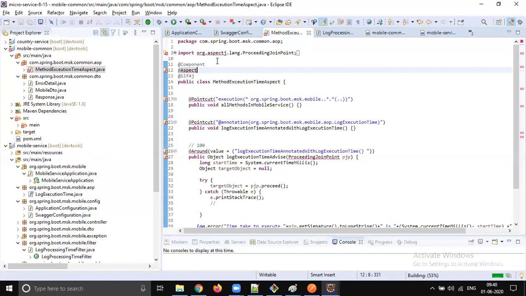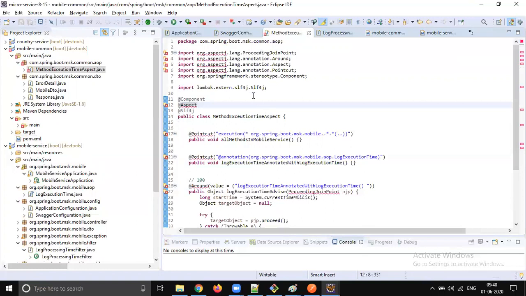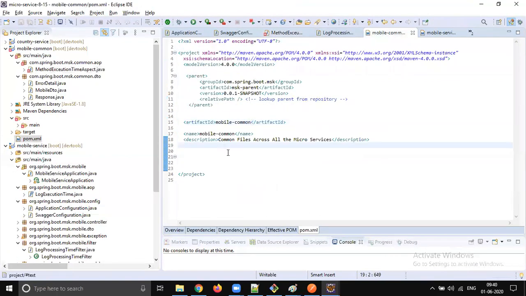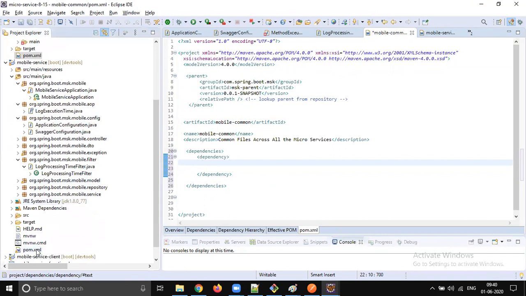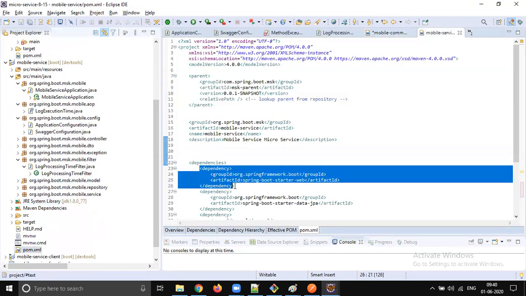The aspect alone is not coming. We got component, we got project reactor, but aspect is not coming. So let's add the aspect dependency here. Let's do dependencies and add the dependency. What dependency do we need? We need the AOP dependency, so let me copy paste that.